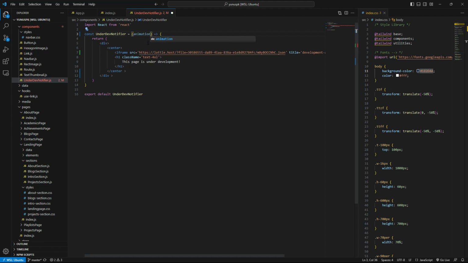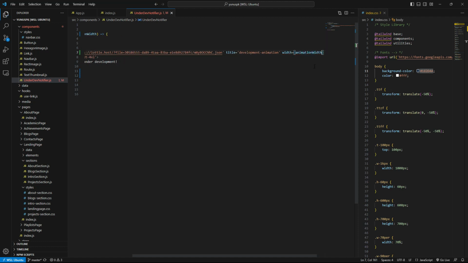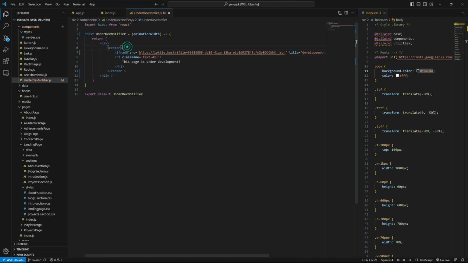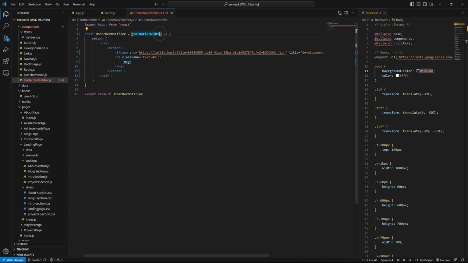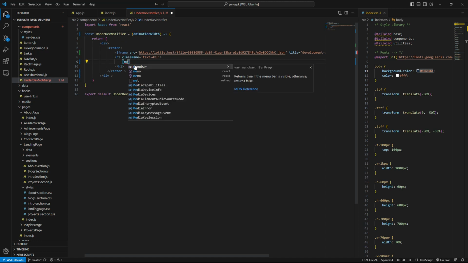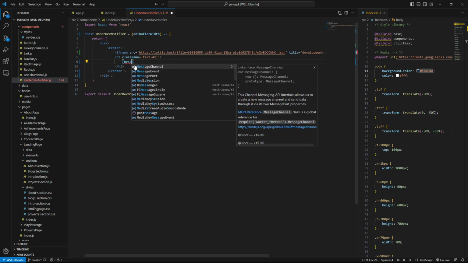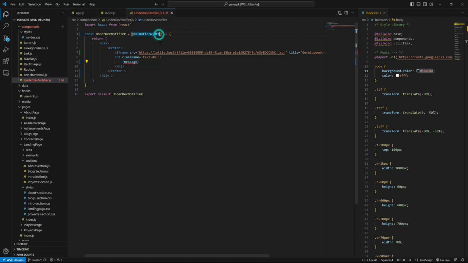Animation width. Okay, width is gonna be animation width, and this message is gonna be defined by that as well. We're gonna spell it out, message. So we have two props, animation width and message.